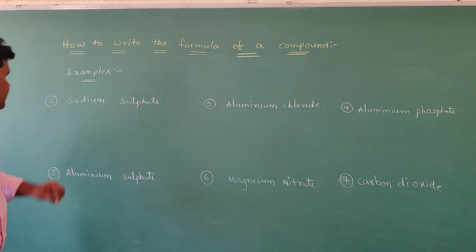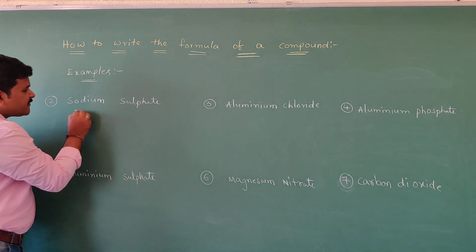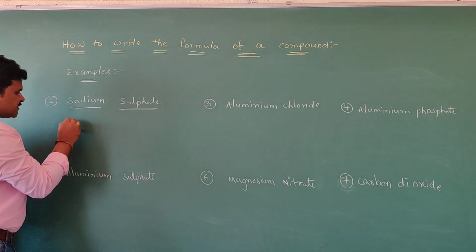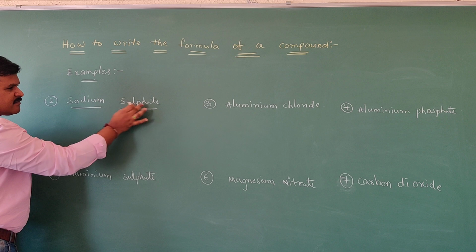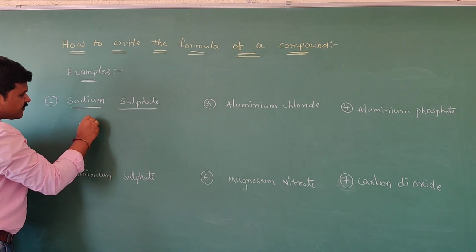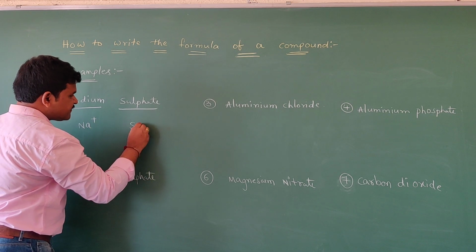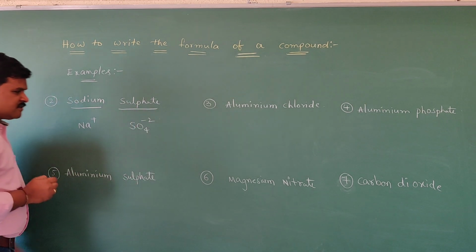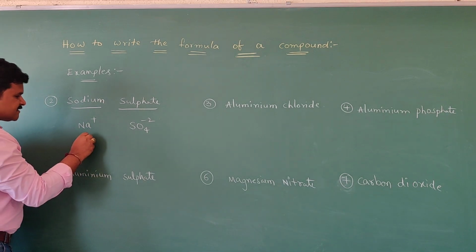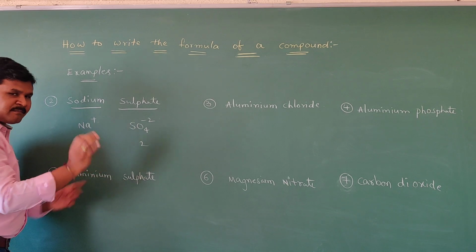Consider a few more examples. Next example, sodium sulfate. In sodium sulfate, what radicals are present? Sodium and sulfate. So step 1, I wrote already sodium and sulfate. Next step 2, what is the sodium ion formula? Na+. Sulfate I already told in the previous example: SO4-2. Third step, we just write the charges. This is 1, this is 2. No need to write +1, -2. Just write numbers.